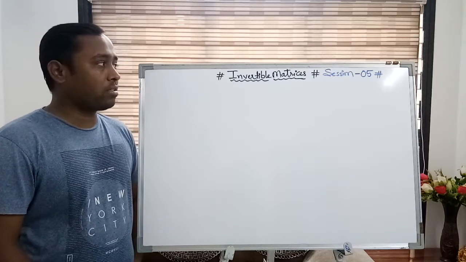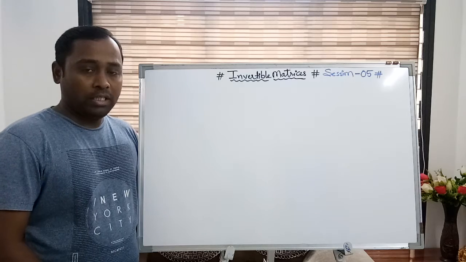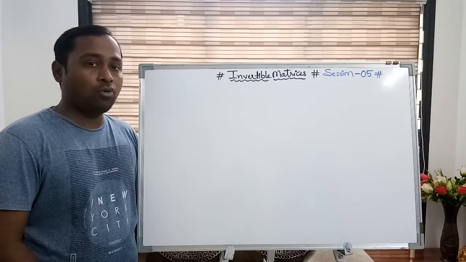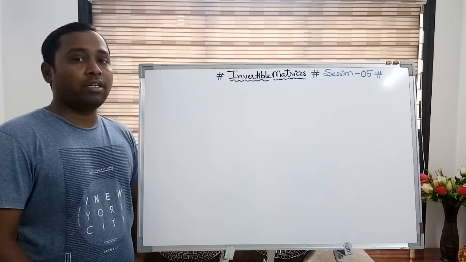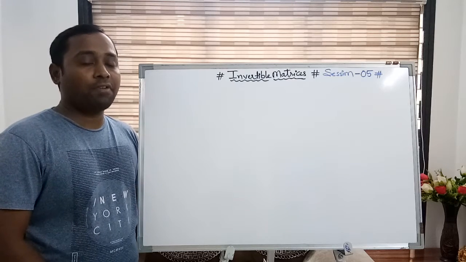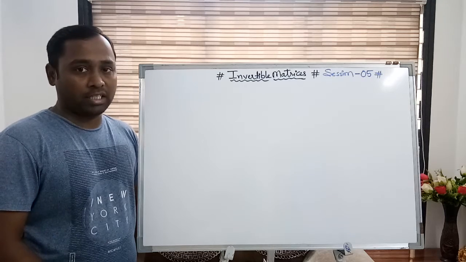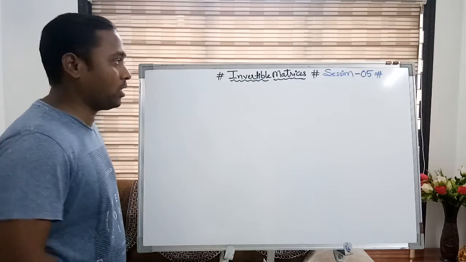Now just try to understand what an invertible matrix is. We'll go with the definition, and thereafter we'll derive two important theorems. You may also state them as important results. Thereafter we'll discuss the elementary row transformation method to find the inverse of a matrix. So in this session we'll go like this. Let's start with the definition of an invertible matrix. What is an invertible matrix?